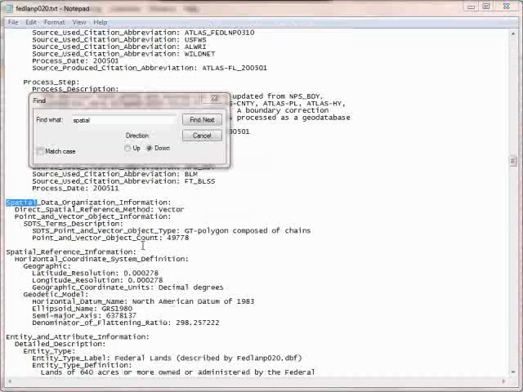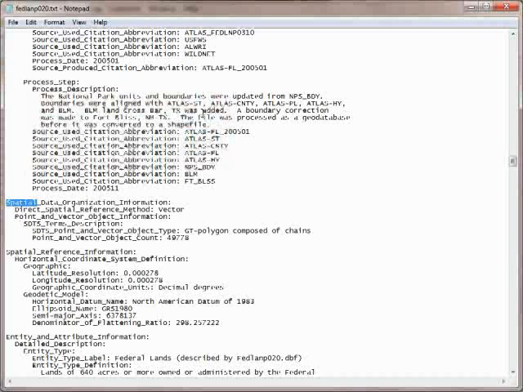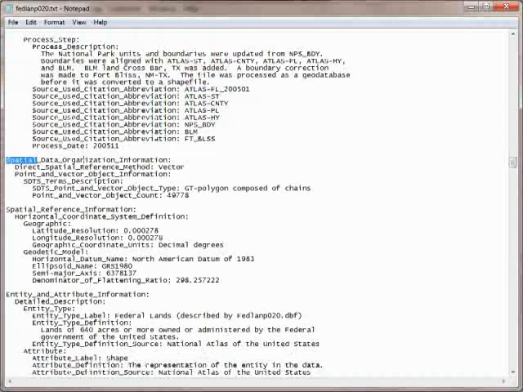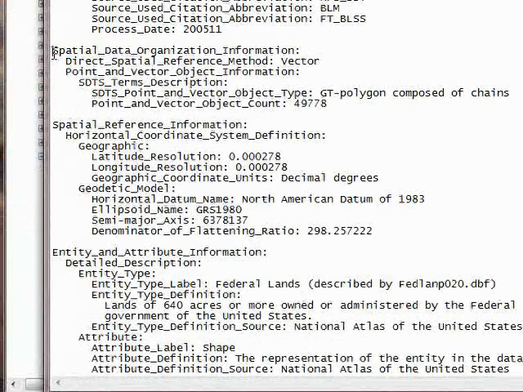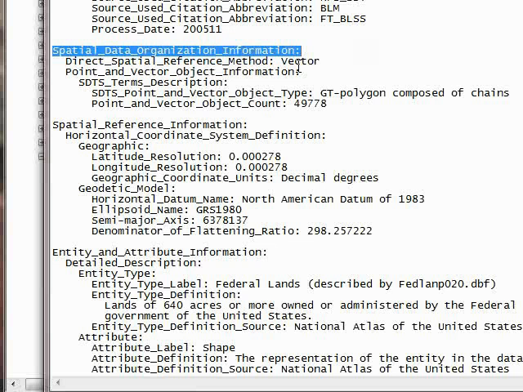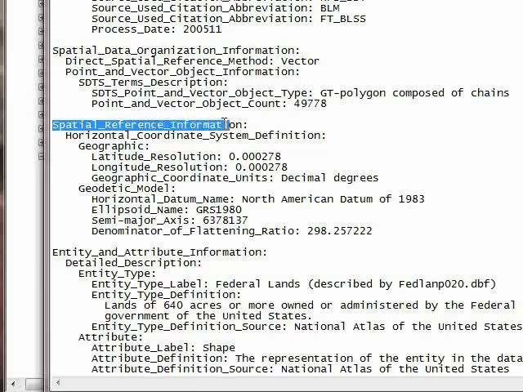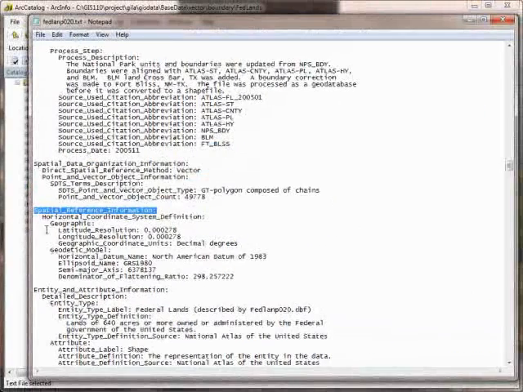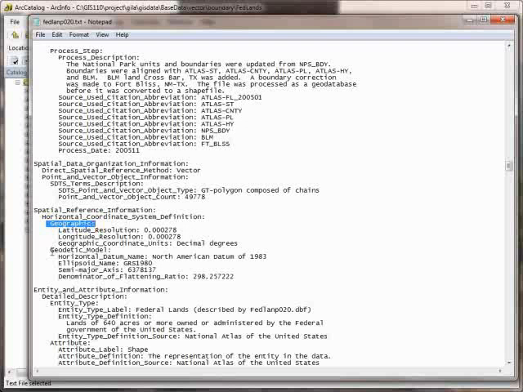I had paused this for a minute and went to my edit and find, and just looked through for spatial and scrolled through the document that way. And here is the key information that we're looking for. It's like finding a needle in a haystack, but remember this word, the spatial data organization. In the worst case, just look for spatial, or look for spatial reference information, because that's really what we're wanting. That's probably the best keyword to remember, and that way you can find it quicker. You can see it was actually in the middle of this document. But here is our all-important projection information, and it's telling us that this is using a geographic projection,